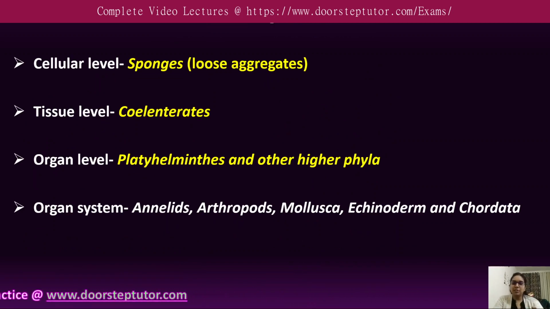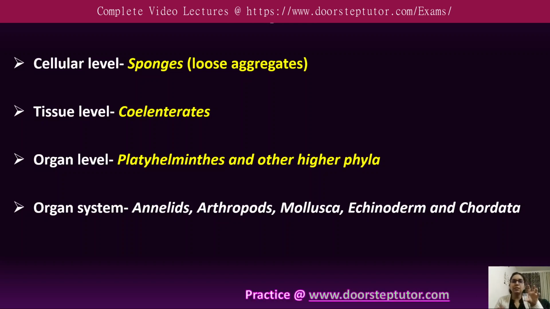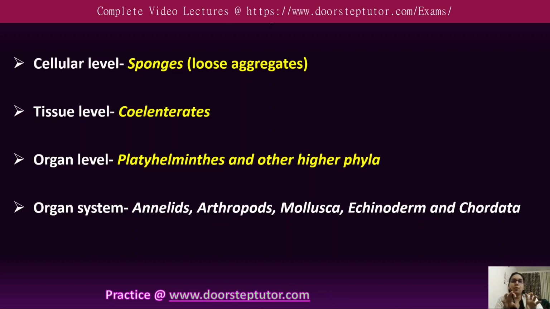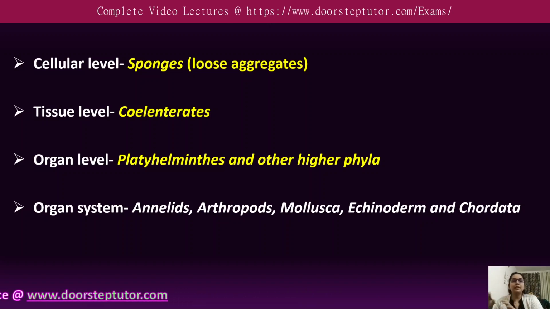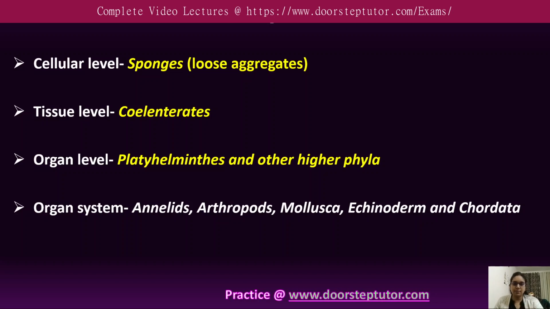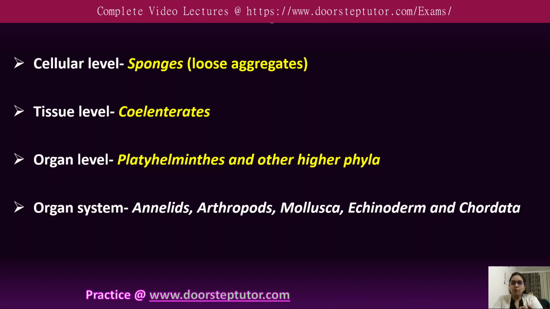Level of organization in the animal kingdom refers to the hierarchical structure of the biological system within the animal. Hierarchical means from the lowest level to the highest level, from the basic structure, which is the molecule, then cells, then tissue, then organ, and then organ system. This organization spans from the molecular and cellular level to the tissue, organ system, and finally the entire organism. So here is an overview of the level of organization in the Animalia.